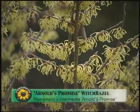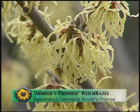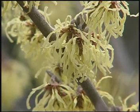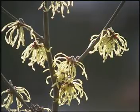One of the earliest woody shrubs to bloom, there are many witch hazels to choose from. The small vase shape of the young specimen will eventually become a rounder, spreading tree up to 20 feet, so be sure to give it plenty of space. The abundant pale yellow flowers produce a fragrance that's really hard to beat, considering most shrubs haven't even awoken from